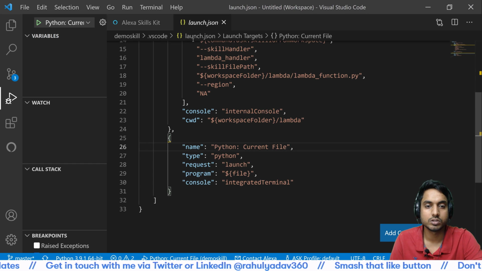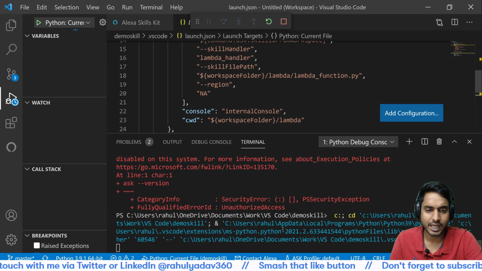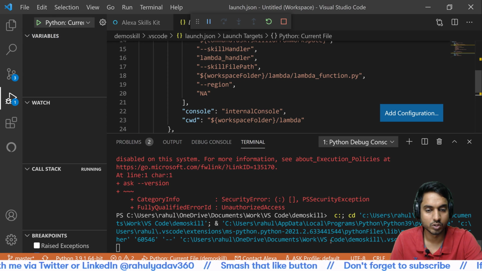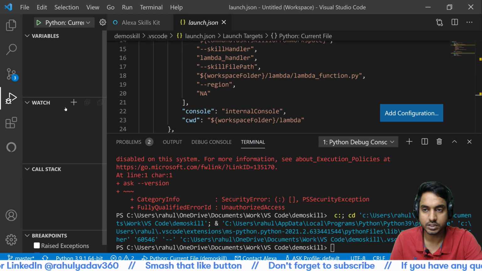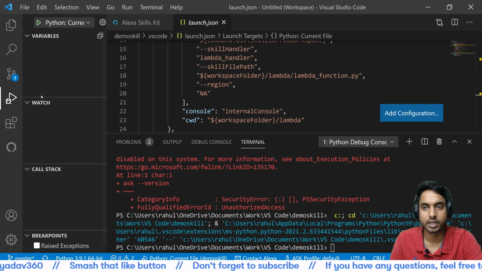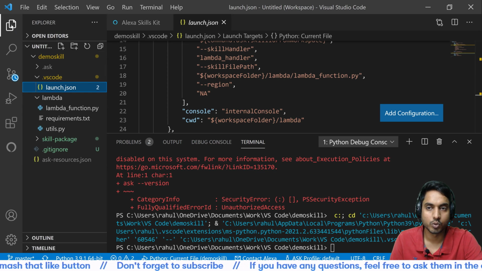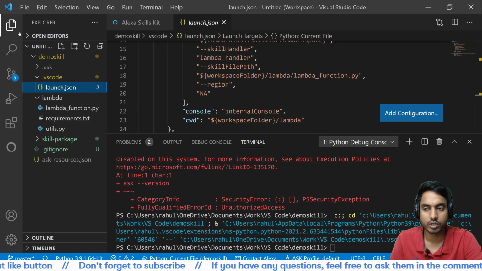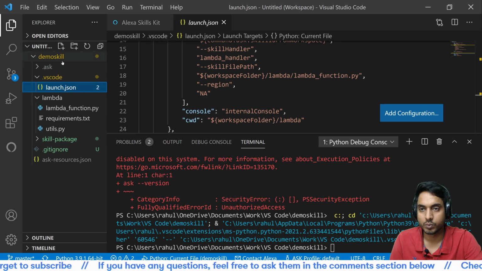Okay, it says open launch, run and start debugging. Once that happens, you'll see these commands with these blue lines over here, and once you see these, it means that your skill local debugger is running, and now you can test it out. So to do that, again, go on the explorer icon on the top left, and from here you'll see an option which is,